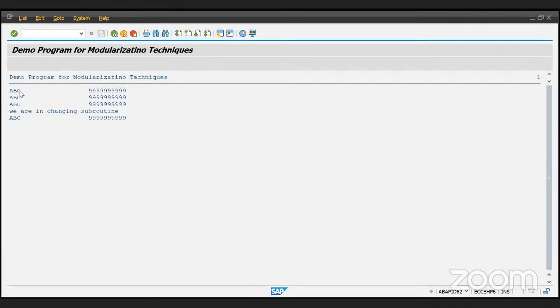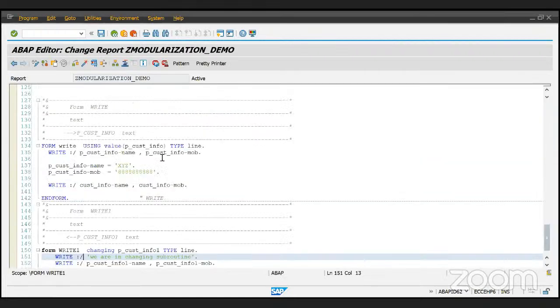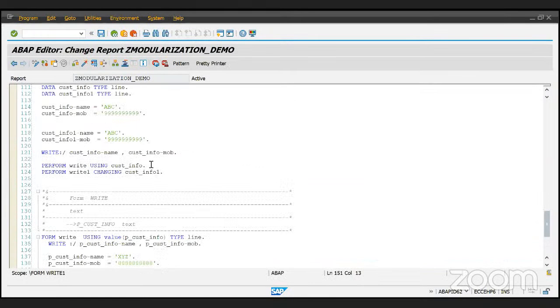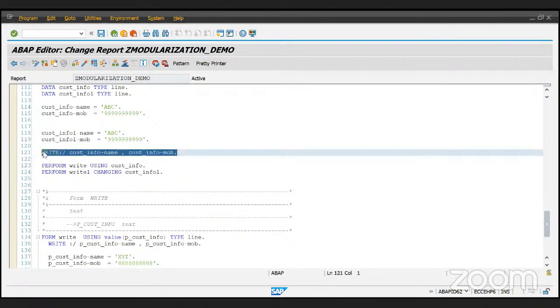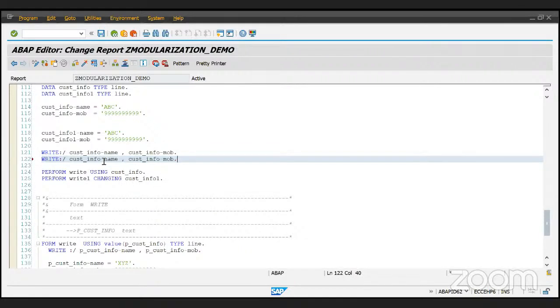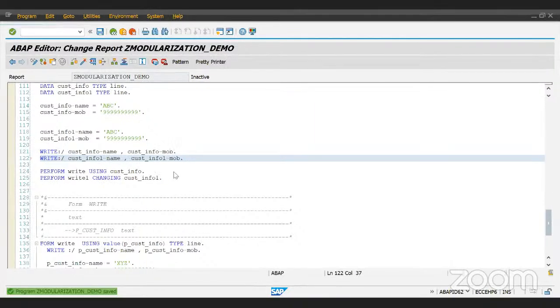So the starting three values are the values which we have seen, that as a value parameter we have sent. Now here we can see we are in the changing subroutine. So ABC and 999 was copied. We forgot to print it again, so let's print it also before calling this. If I simply copy, we can give the same values also. Simply change it, activate the code,